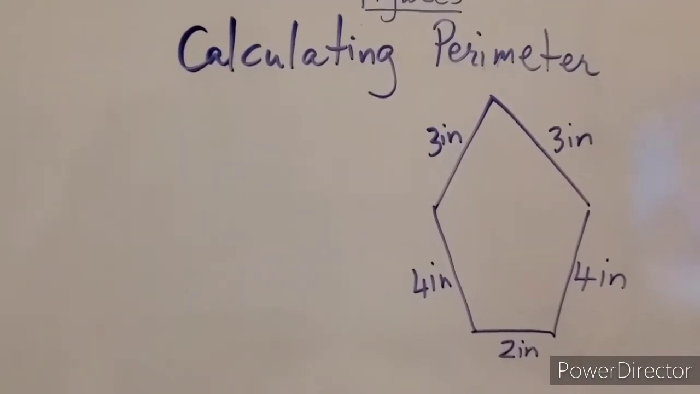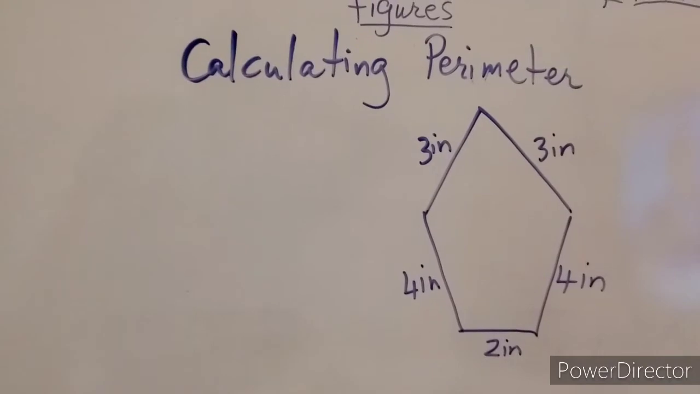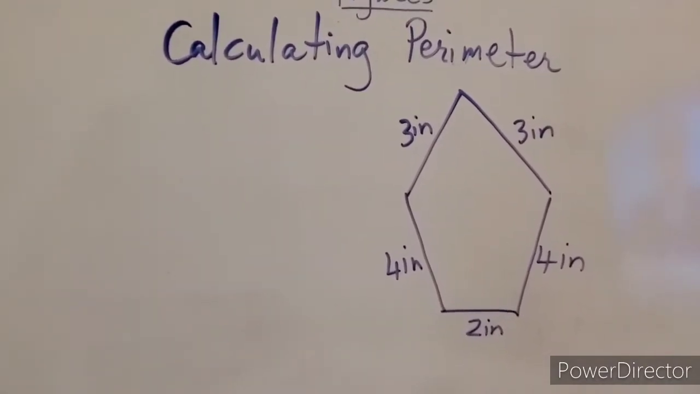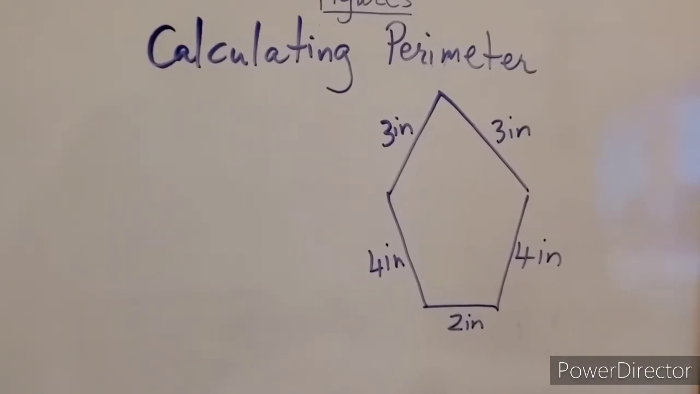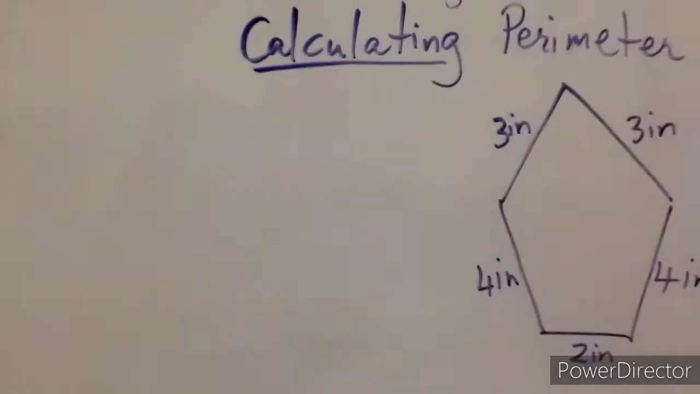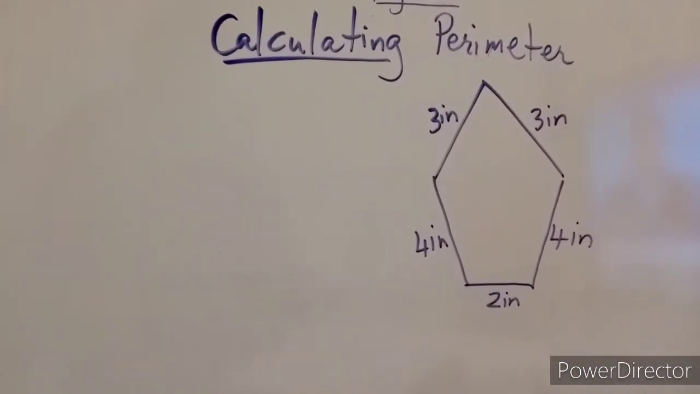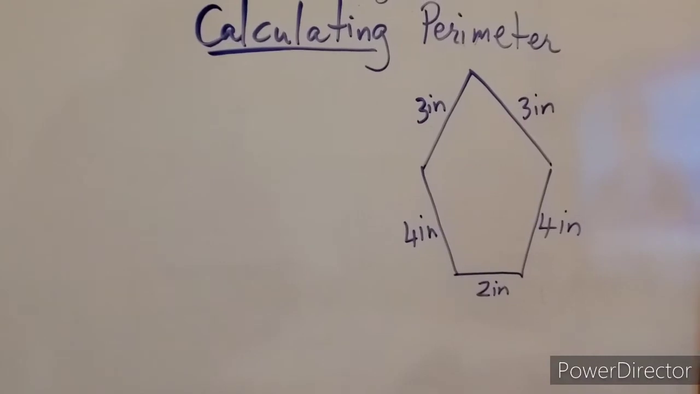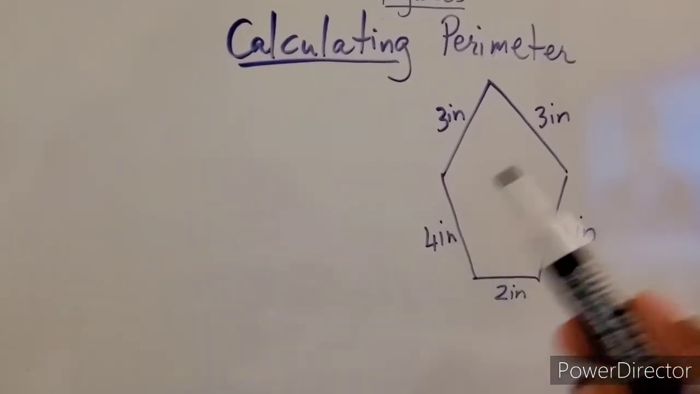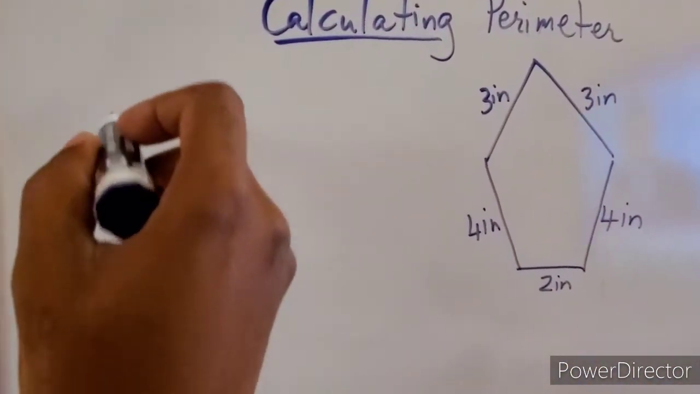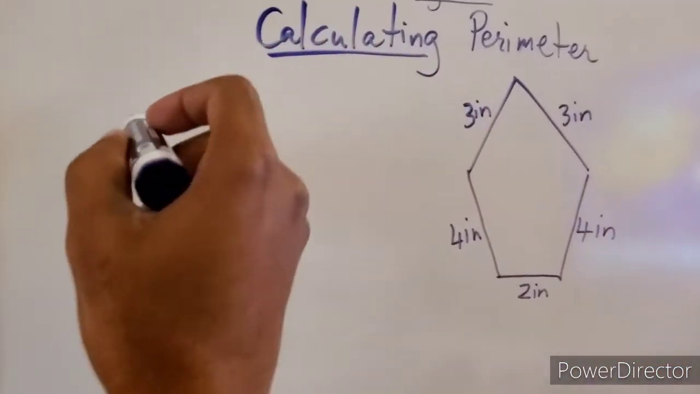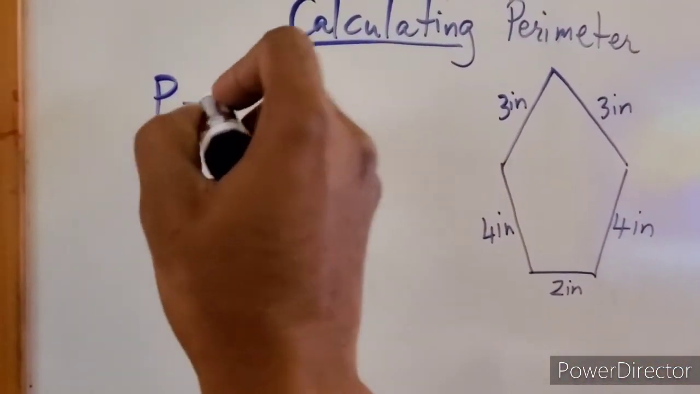Okay, welcome. So now we are calculating the perimeter, just for practice, calculating the perimeter of the given shape. Calculating means to add them all up using addition or subtraction skills to find the answer for a given problem. In this case, because it's the perimeter, we're going to use addition because you add all the sides to find the perimeter. Okay, so perimeter is equal to,